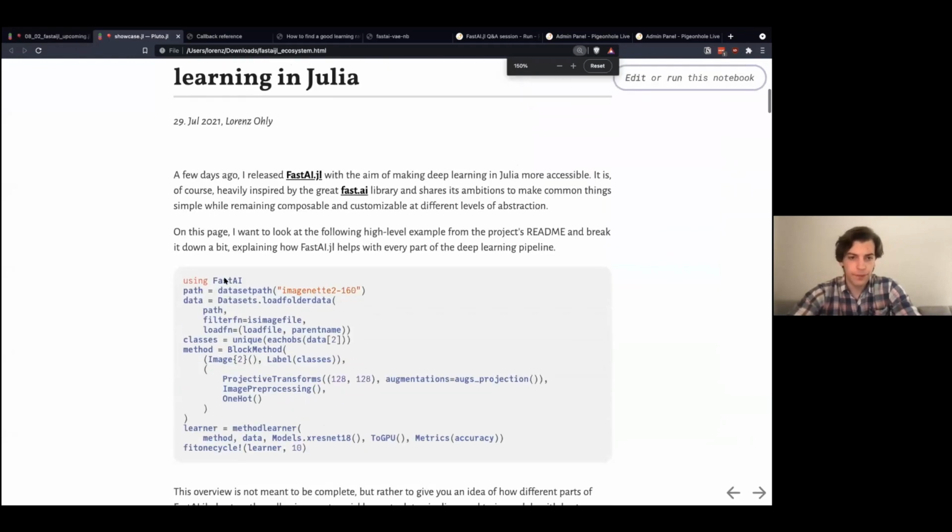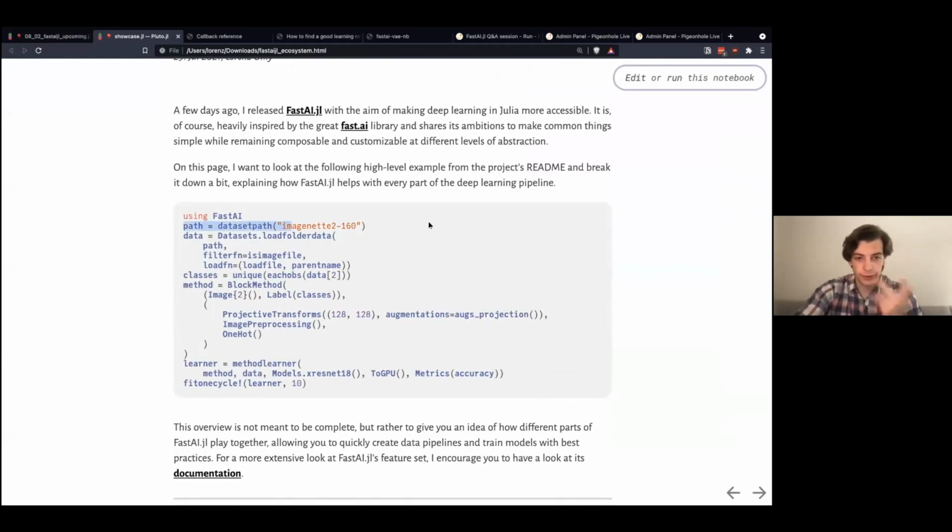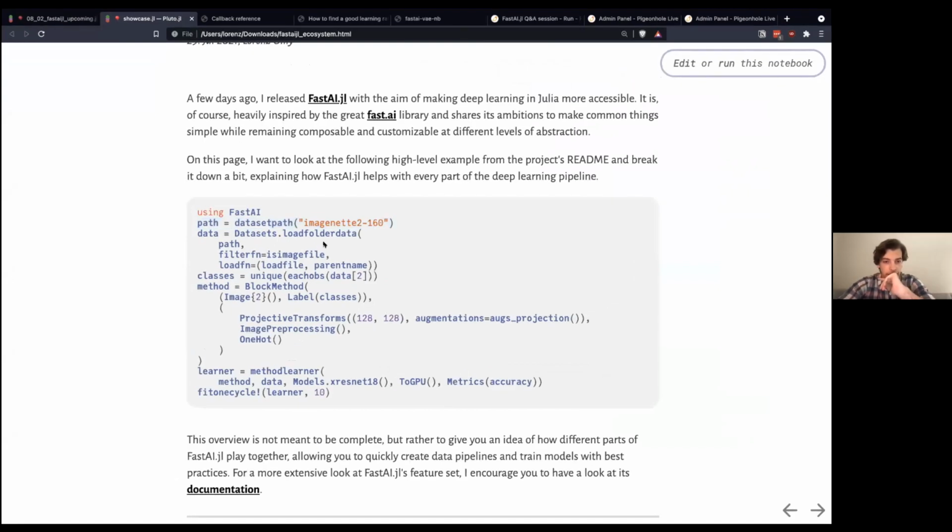Hope you can see it. But so here, of course, this is the same as untar data. Then this is one line on multiple lines for loading a data set. Here we annotate the data with the different types, and then this one basically does most of the things that we pulled apart below, where it selects the right loss function, knows how to put the head on the backbone,